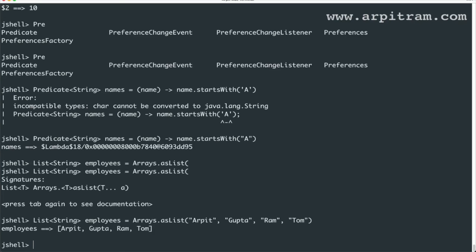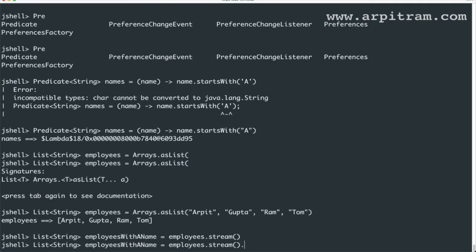Now I want to apply this Predicate functional interface over here. I just have to filter it out, so a list of strings, employees with a name, for example. To illustrate this, employees.stream().filter.